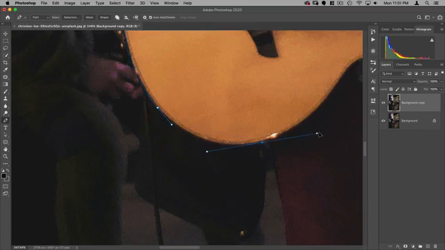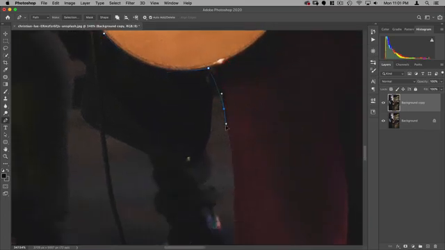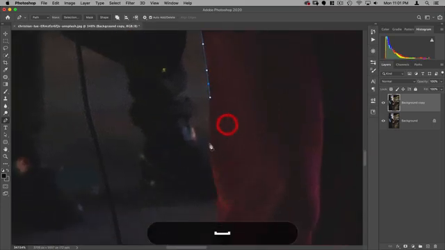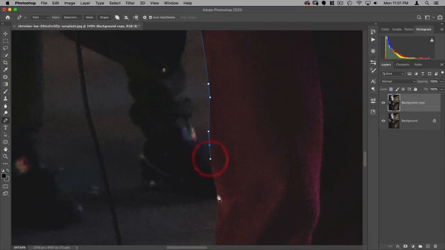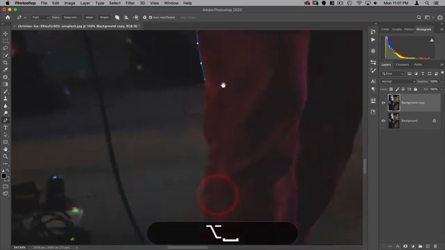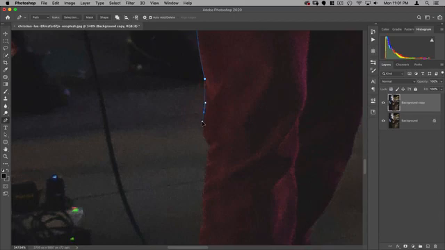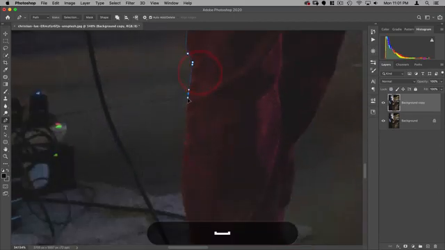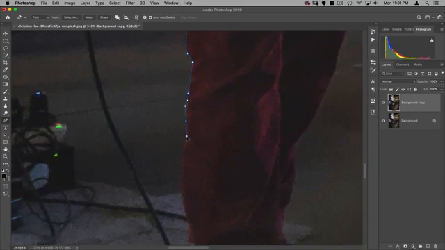All right, because this is relatively boring, I'm going to add some music, but I'm not going to fast forward, because quite a few people have trouble doing this, and maybe watching me do the entire thing in real time will help you. So you can enjoy some music while you watch me do this meticulous selection.